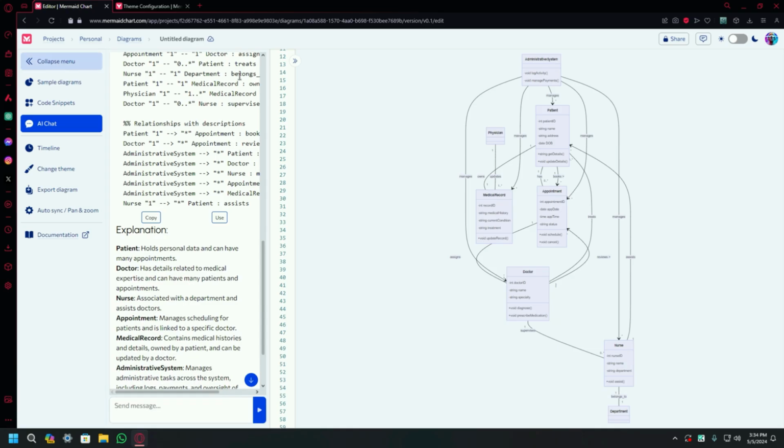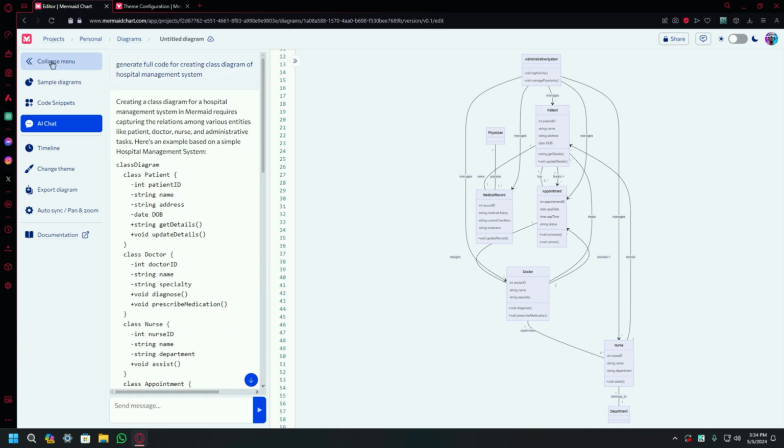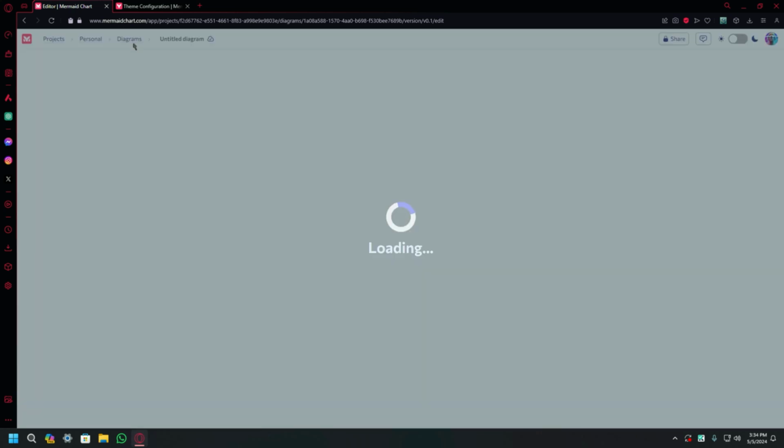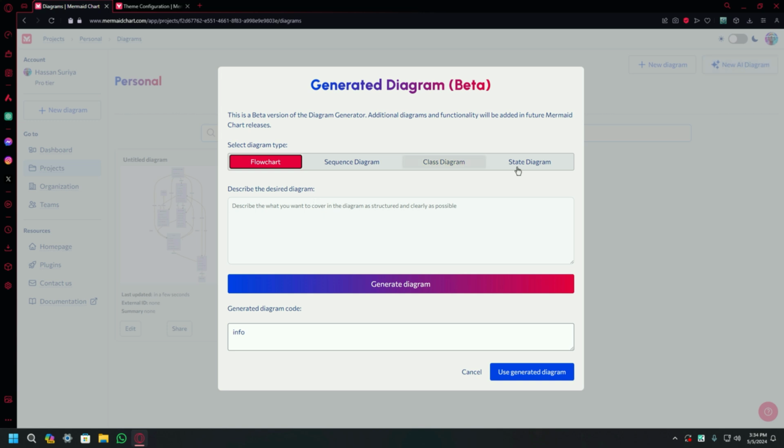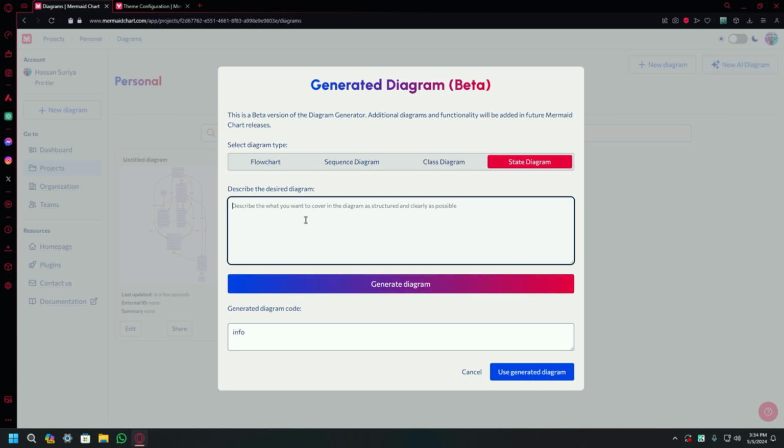Let's try to generate directly with the help of AI. So click on diagrams and you will be on your dashboard. And let's use this feature, new AI diagram. So let's try to create a state diagram, and I'm just going for the hospital management system, and it also says that describe what you want to cover in the diagram as structured and clearly as possible.